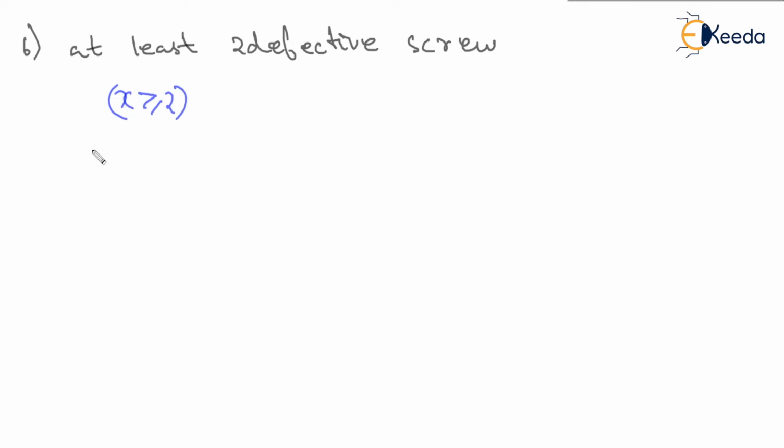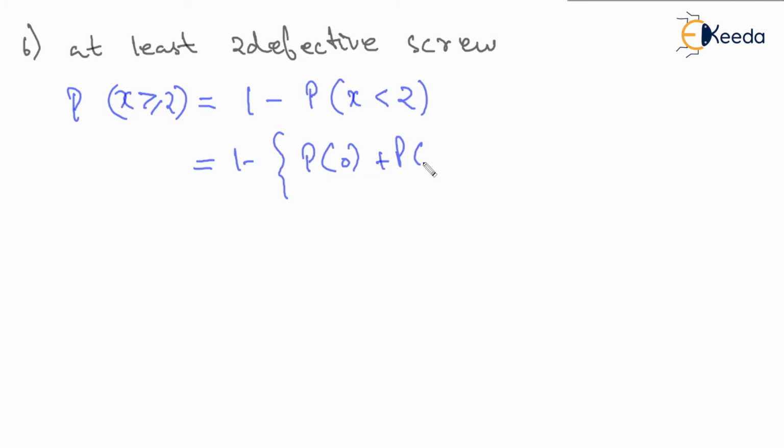That means this probability is going to be 1 minus probability of x less than 2, or 1 minus the probability of 0 plus the probability of 1. We have already found this value. This is 1 minus e to the power of minus 1 times 1 plus 1. This is nothing but